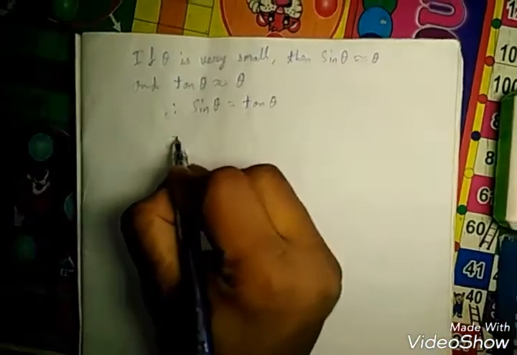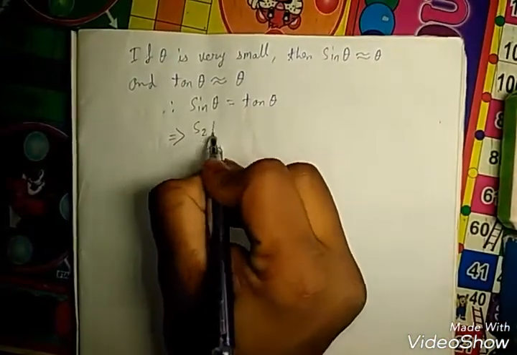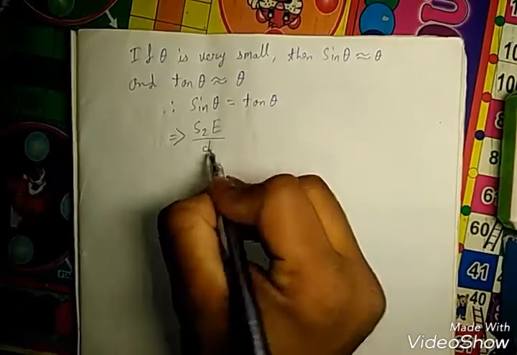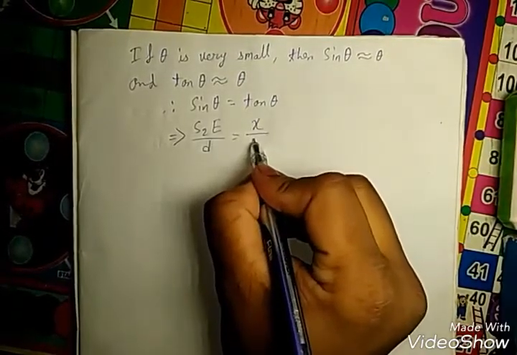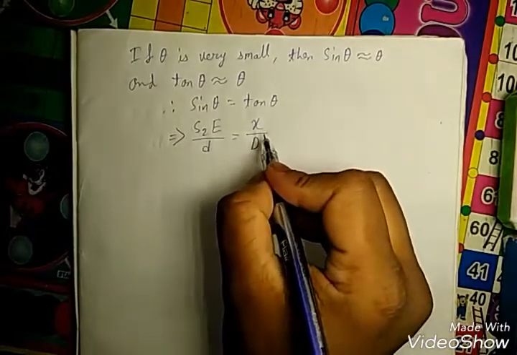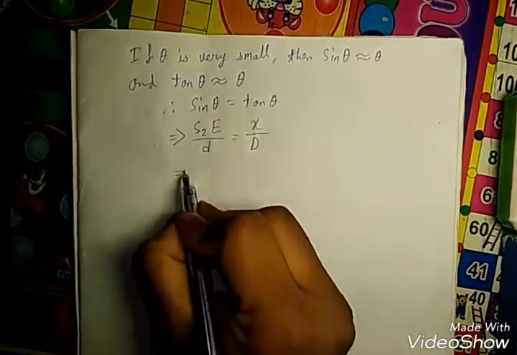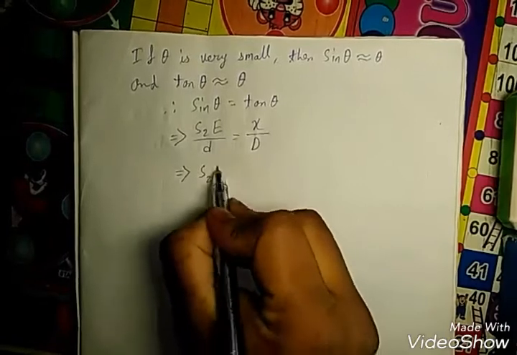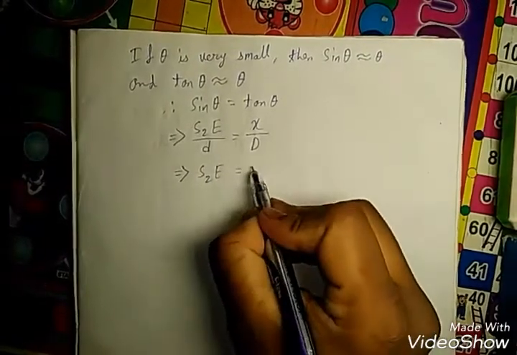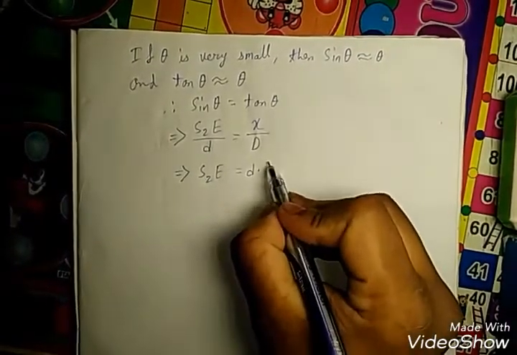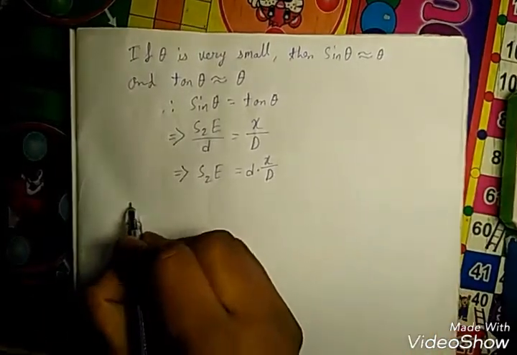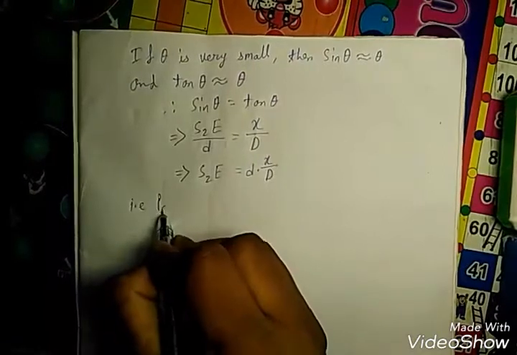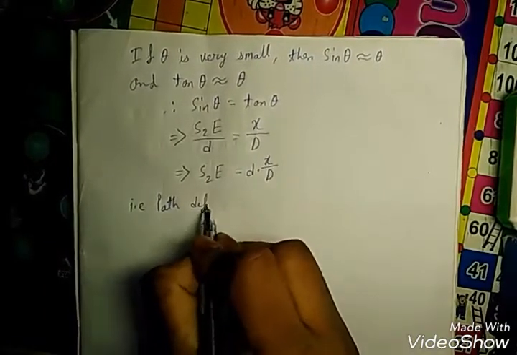So we can write S2E by small d is equal to x by capital D. Now from here we get S2E is equal to small d into x by capital D, that is the path difference